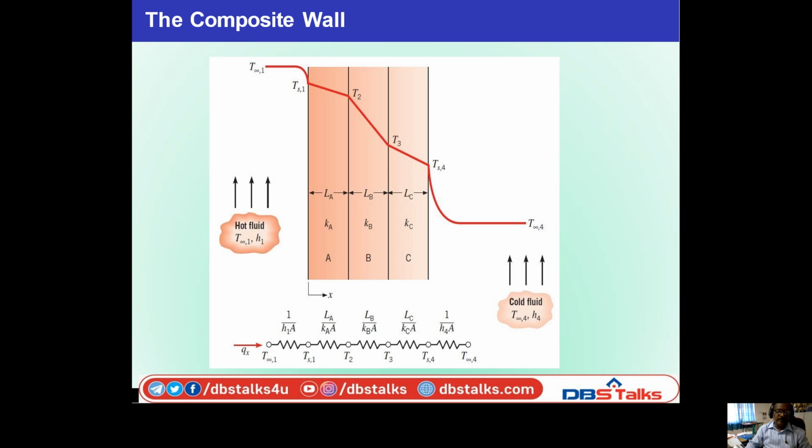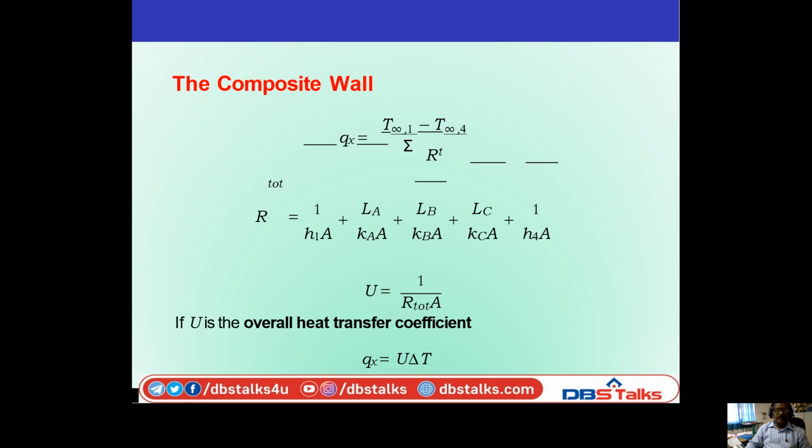So the total resistance, sigma R, is nothing but R1 plus R2 plus R3 plus R4 plus R5. Like this, you can find out the total resistance. Once you know the total resistance,